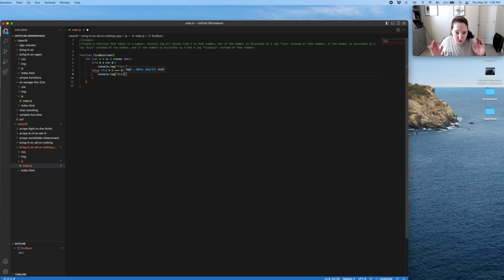Okay, so it's going to do fizz if it's divisible by 3 and the remainder is 0. If it's not, it's going to go to this, which is divisible by 5, and the remainder is 0. It's going to do buzz. So then my next one would be else if